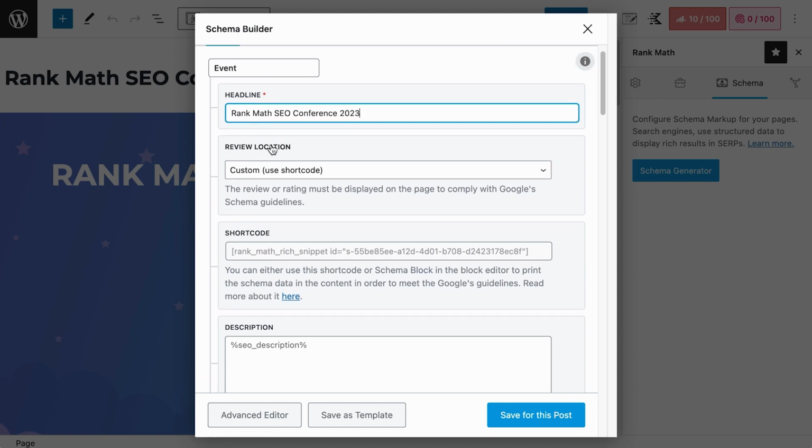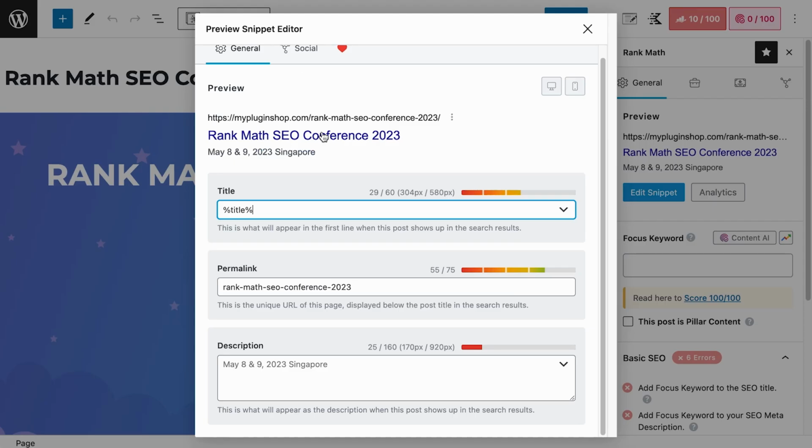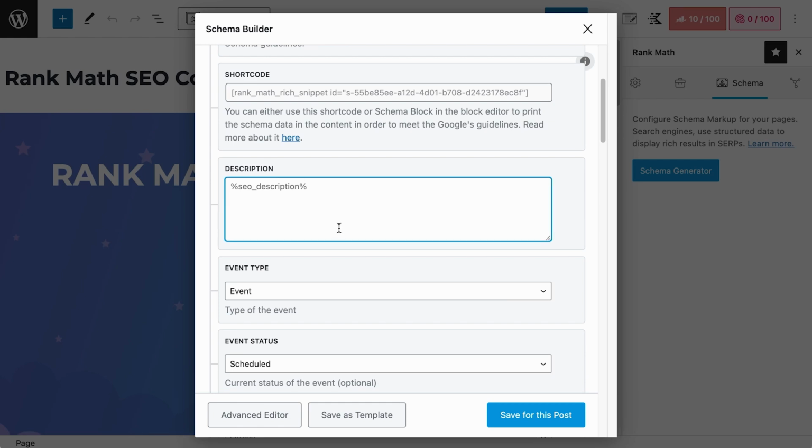Next, let's skip this review location for now, as I want to show you the full details you can display on the page using this shortcode. We'll skip to description, and similar to the headline, by default if you leave this field empty, it will take the information from the description of the edit snippet. And if this is not your desired description for your event, the best practice is if you add a customized description to include a clear and concise description about your event, so that people searching for your event will know